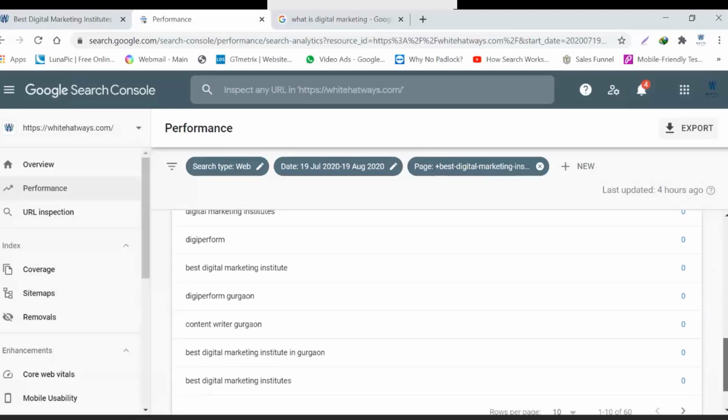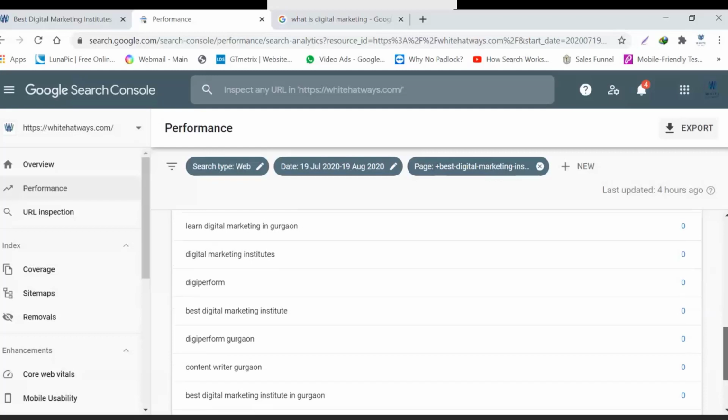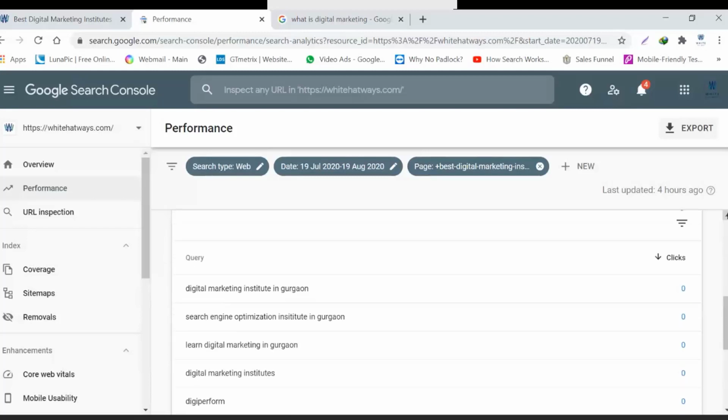So all these are the queries: best digital marketing institute, best digital marketing institute in Gurgaon, content writer Gurgaon, DigiPerform Gurgaon. DigiPerform, imagine DigiPerform is a competitor. I would not say even a competitor, but then again, it is a competitor only per se. But it is also giving an impression to my blog. And best digital marketing institute, DigiPerform again, digital marketing institutes, learn digital marketing. So I can get to see all the search queries which are giving an impression to this page of mine